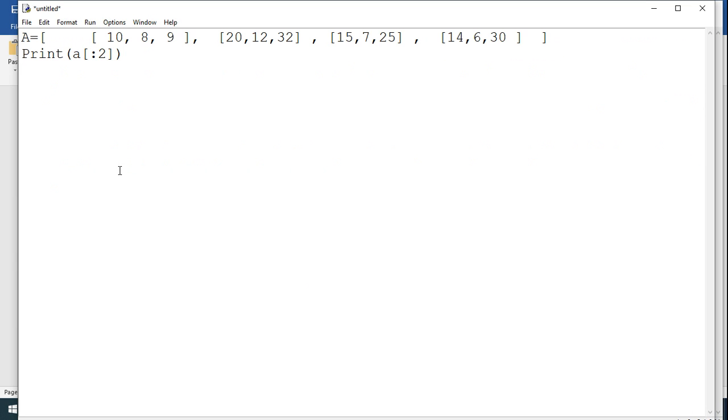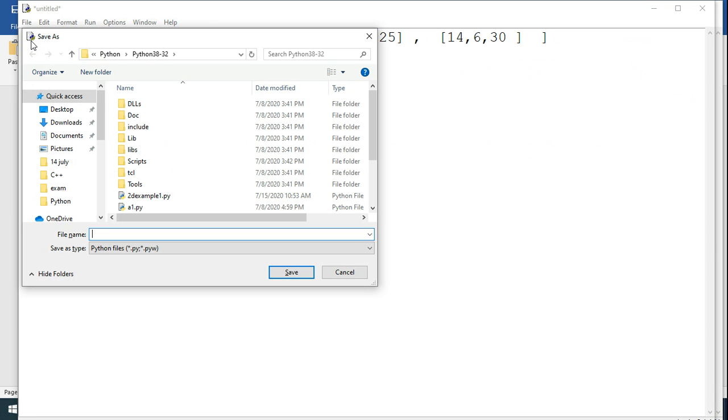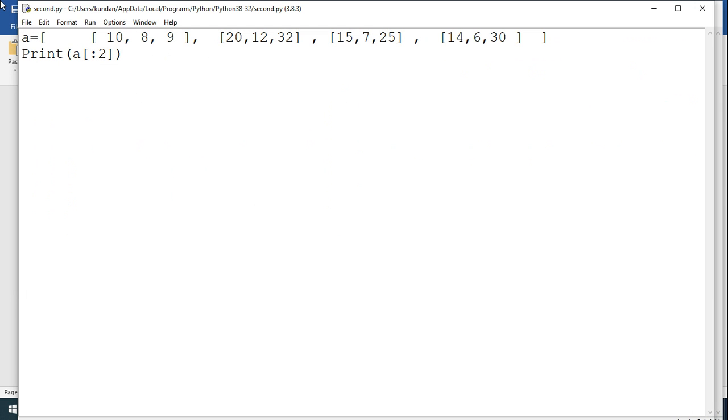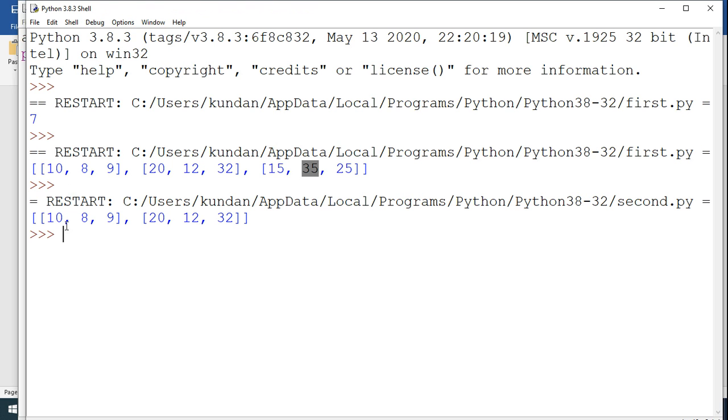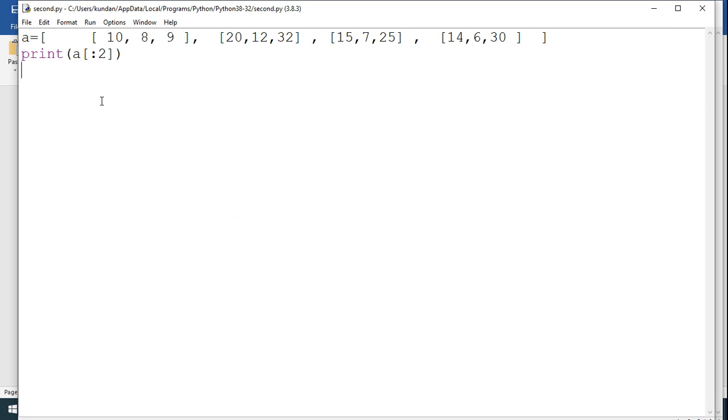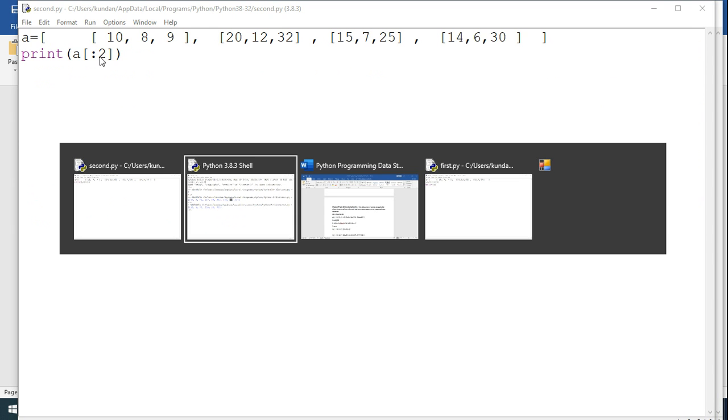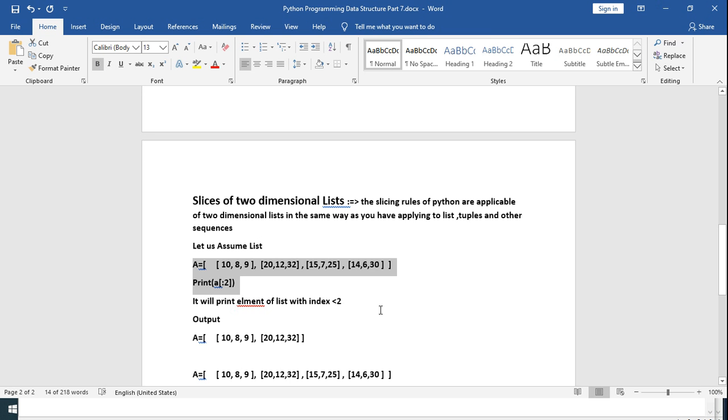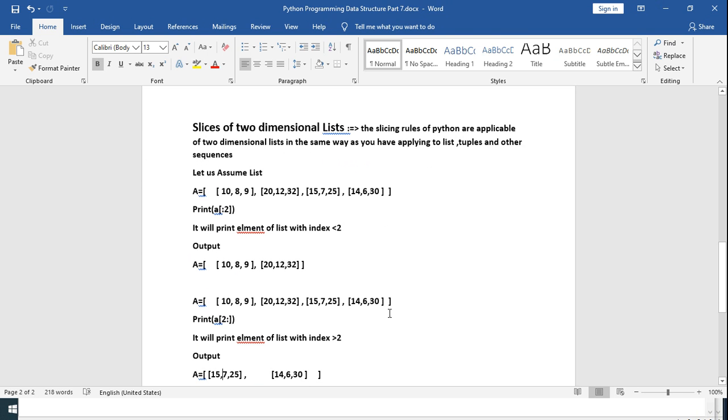I save the program first of all. So here the output is the first 2 lists. In the same way, if I write print A[2:], it will print the elements of the list with index 2 and greater.